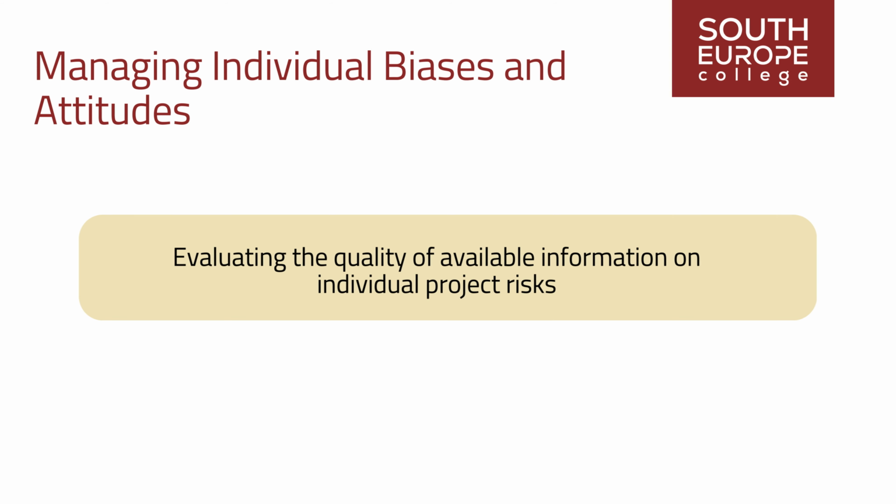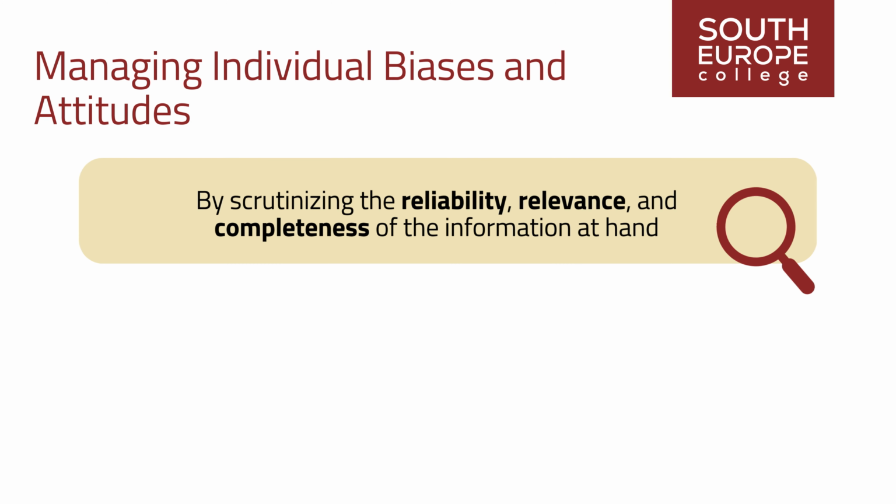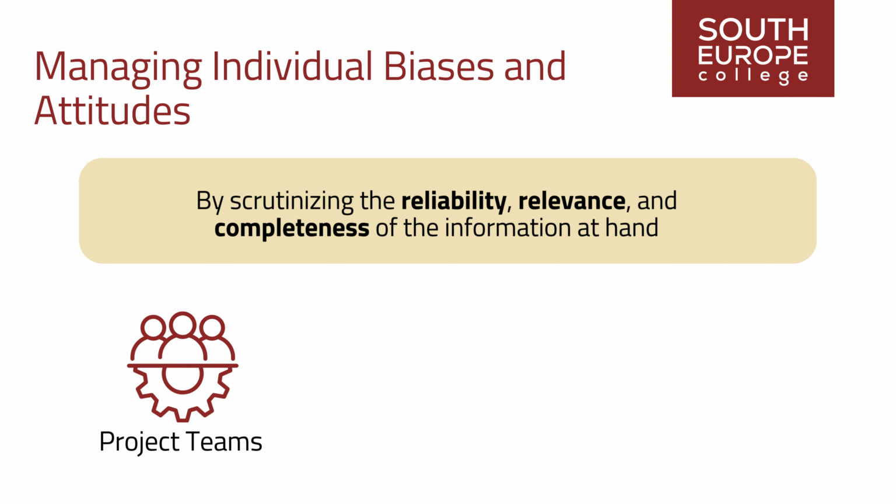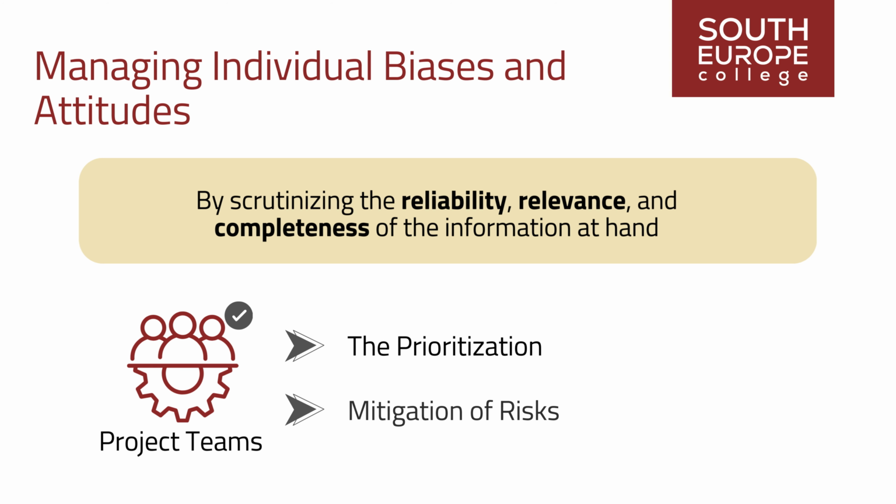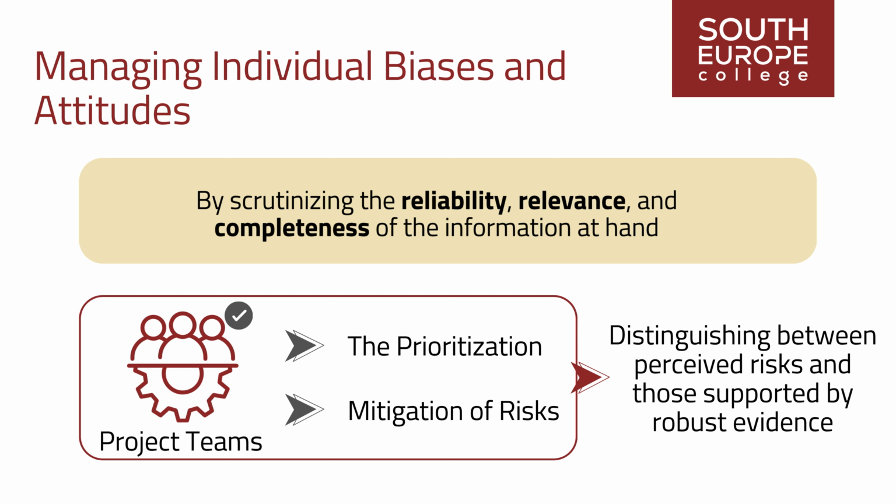Furthermore, evaluating the quality of available information on individual project risks is crucial in clarifying their importance to the project. By scrutinizing the reliability, relevance, and completeness of the information at hand, project teams can make more informed decisions regarding the prioritization and mitigation of risks. This process aids in distinguishing between perceived risks and those supported by robust evidence, thereby enhancing the overall effectiveness of